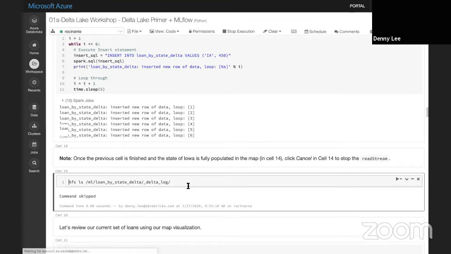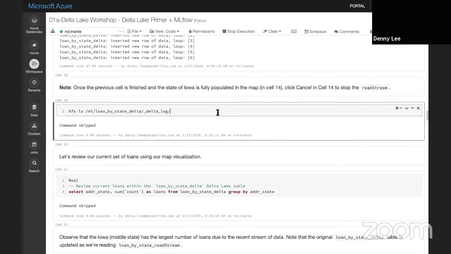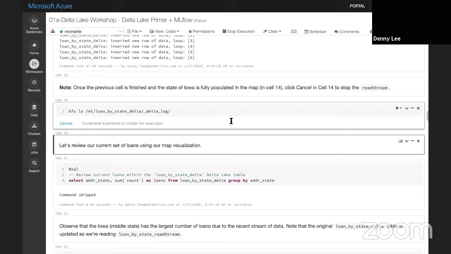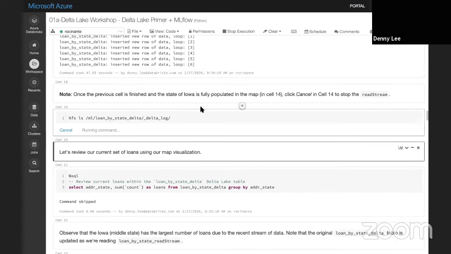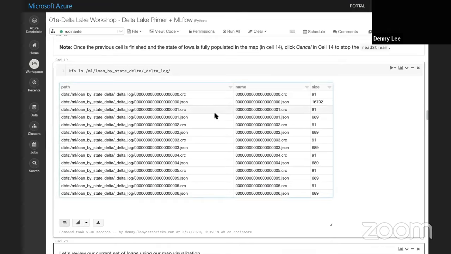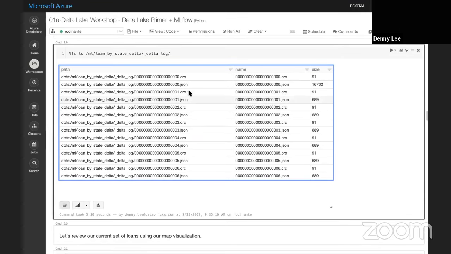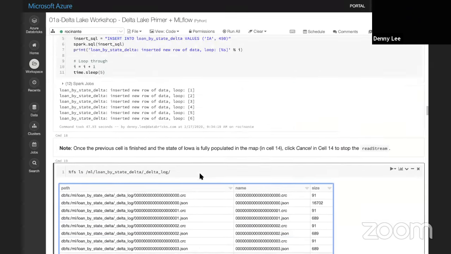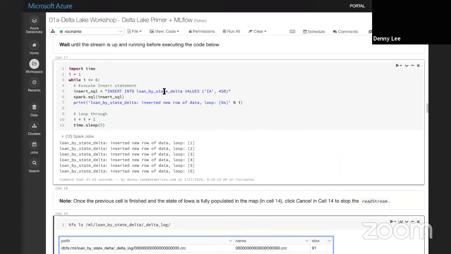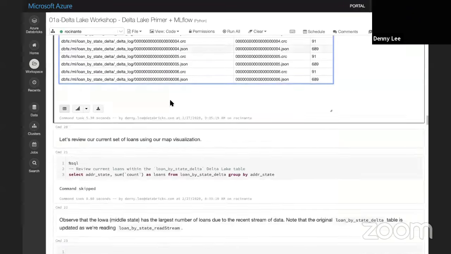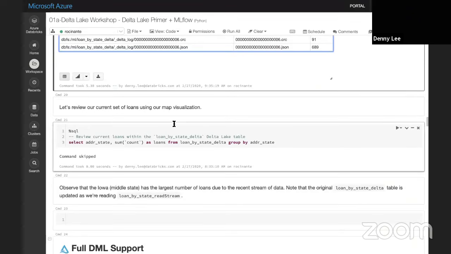And for that matter, I will go ahead and take a look at the data here. So if I go ahead and look at the log, oh, sorry, I forgot to stop. There we go. You'll notice that now I have multiple files. We have the original 0, but we have 1, 2, 3, right up to 6, all here. These are the 6 inserts associated with the 6 insert statements that you have here. And we'll show you actually how that looks shortly. I just want to show you the file system first.